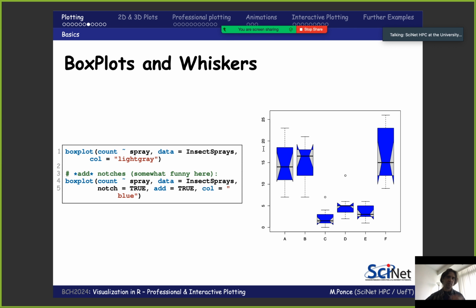plots, and I call this box plot and whiskers. Whiskers are actually these kind of tiny triangles that you can use to represent that. To be honest with you, there's an interesting discussion going on with this type of plots. The idea of box plot is that they can give you a very quick sense of the distribution of the data. And here in the example, I'm taking again another data set from R. It's called insect sprays, where there are different categories of substances or chemicals used to spray insects, and then I don't remember exactly the count of dead insects or something like that. It doesn't really matter.